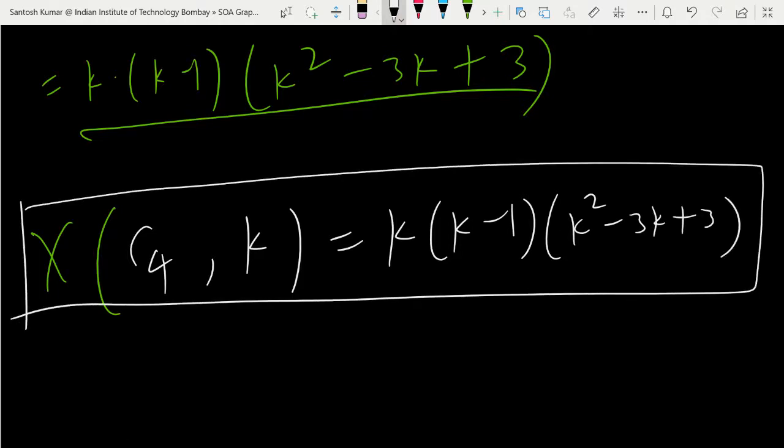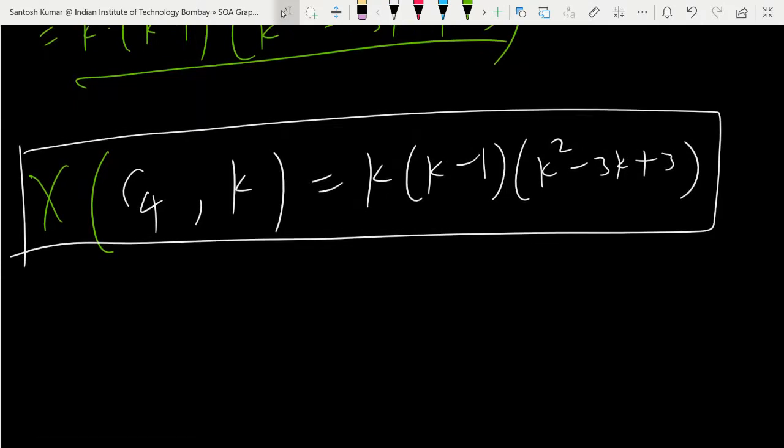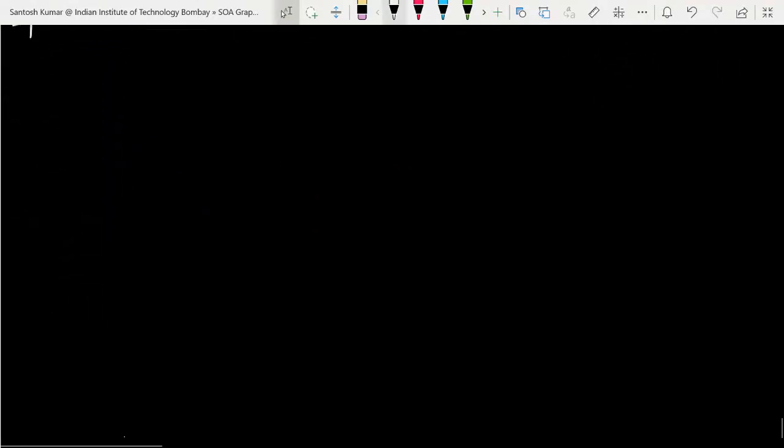So this was a traditional way and it takes too much time. So we want to search for a better way that takes less time and that we can do easily. So for that we have a result. Let me explain the result. Before that, let me write again.